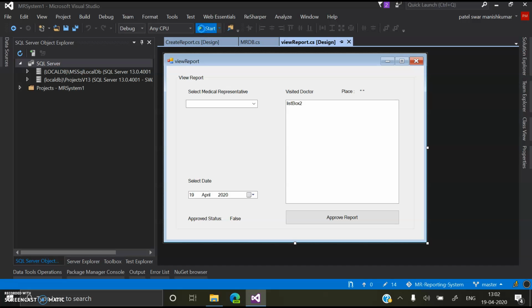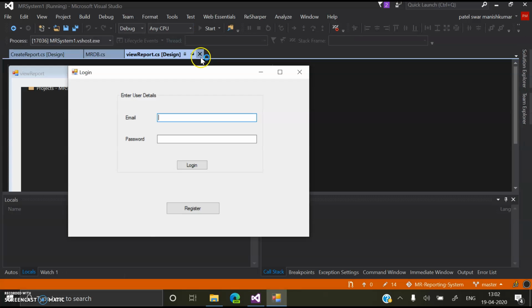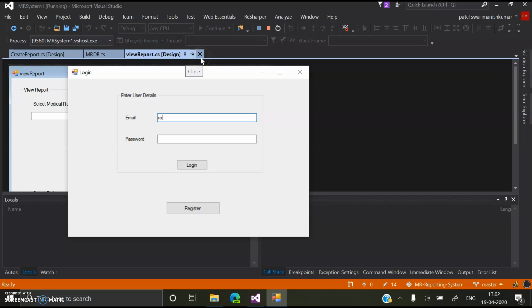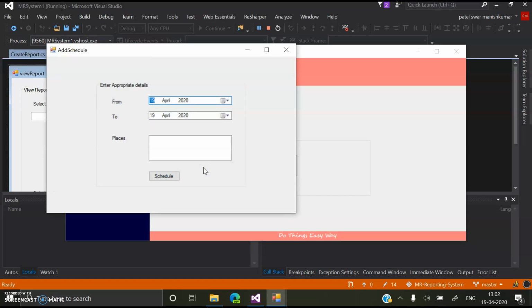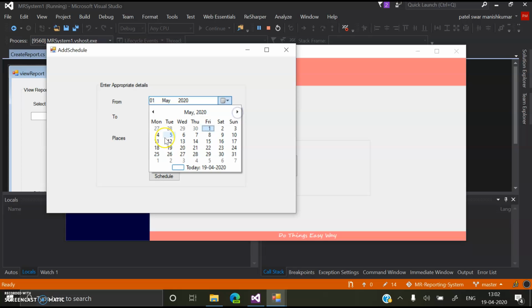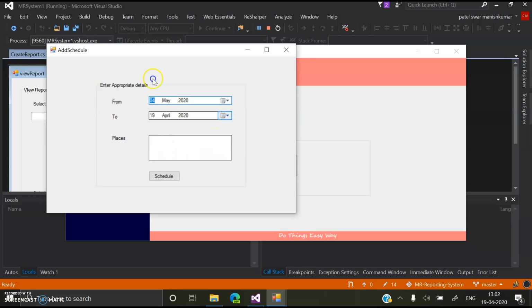Here we log in as the new MR which we added. Here the medical representative can create the schedule from the 4th May to 9th May.